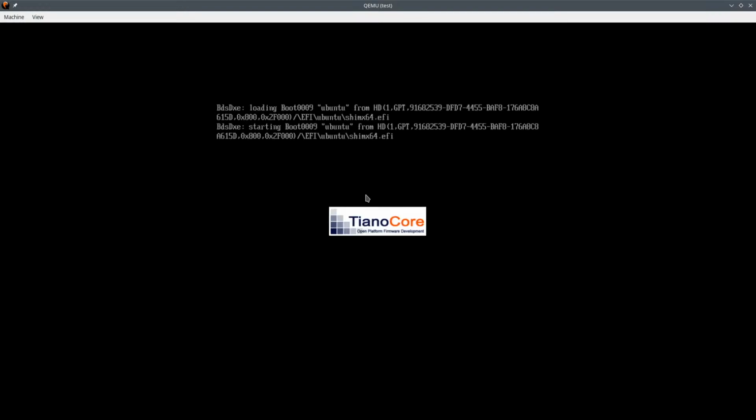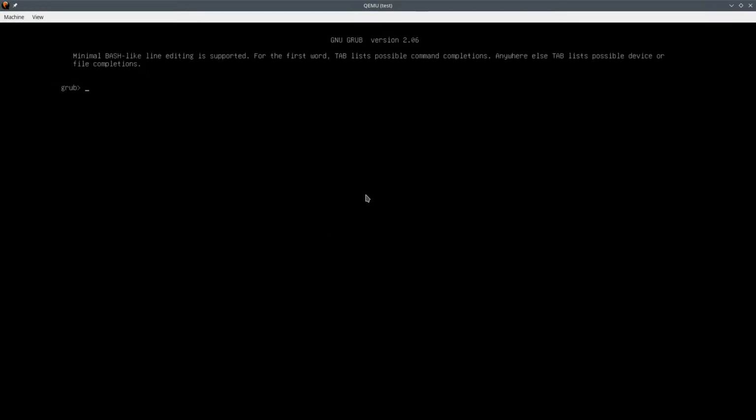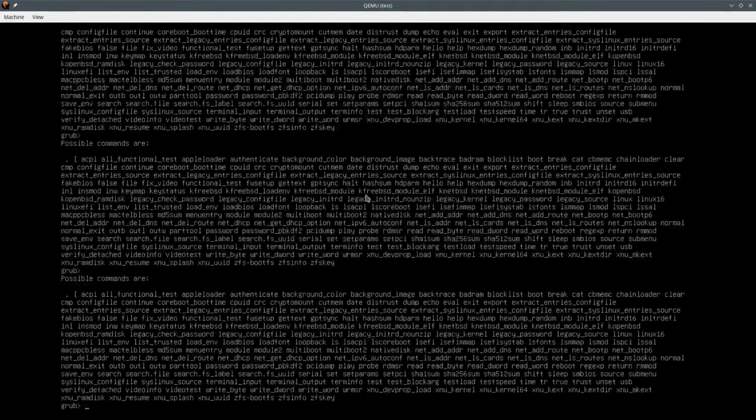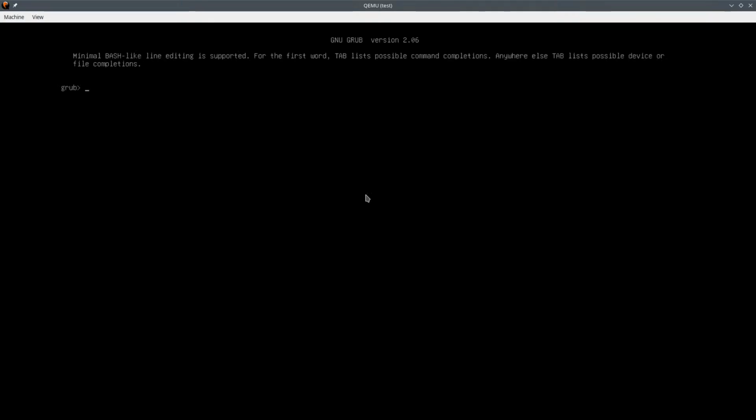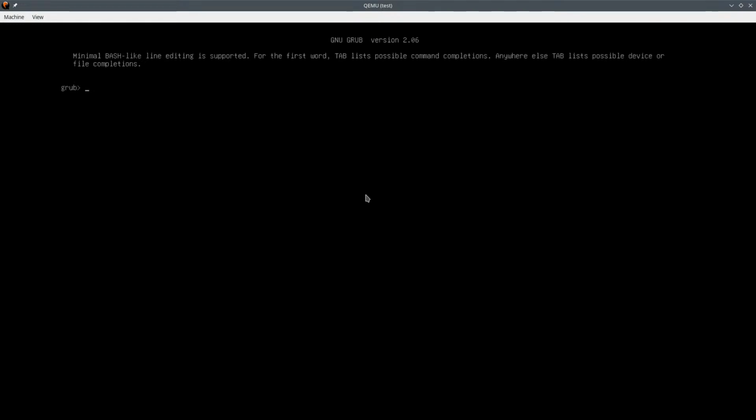I'm not sure. Yeah, this is Tiano Core something. So I don't think this is Ubuntu. It's interesting how Tiano Core 1, 2, 3 press